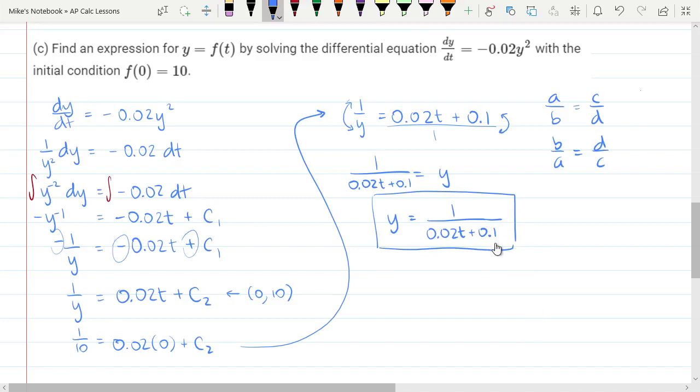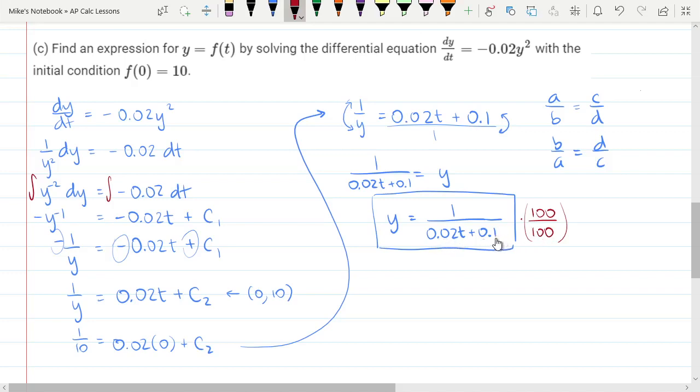Now, if you don't quite like that answer because of the decimals, you could do one more thing to simplify here. You could multiply the top and the bottom by 100. Now, why would you do that? First of all, 100 over 100 is really just a 1. So I'm just multiplying by a fancy 1, which doesn't change the value or the result. But I'm multiplying by 100 specifically because if I multiply 0.02 by 100, that's going to just make it a